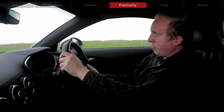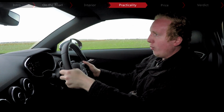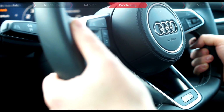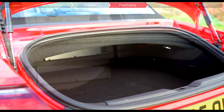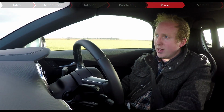It's easy to get comfortable too, and that's partly because the TT steering wheel has a really impressive amount of adjustment, so you can bring it right out close to your chest. Unlike rivals like the SLK, the boot isn't affected by putting the roof down, so it always has 280 litres on offer. The 1.8 litre petrol starts from a reasonable